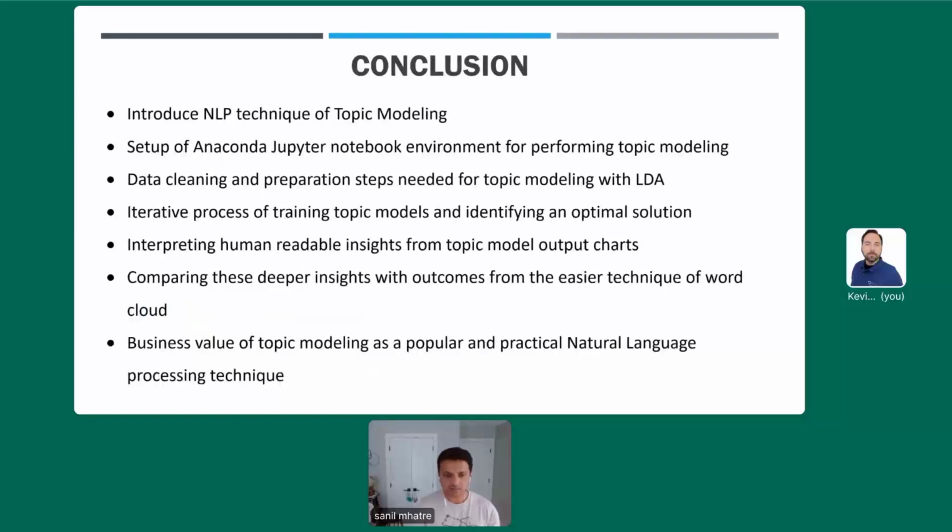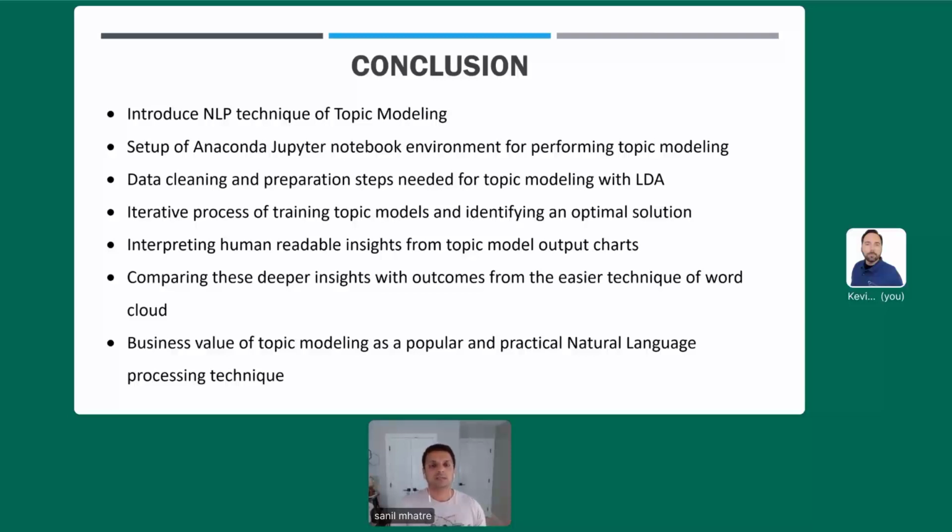So with that, we'll wrap up for today with a brief summary of what we covered. We got introduced to the natural language processing technique of topic modeling. We briefly looked at the setup of Anaconda Jupyter Notebook environment and the necessary packages for performing topic modeling.